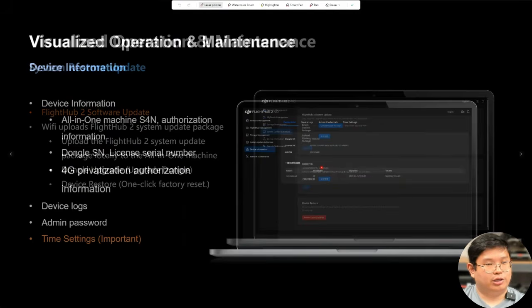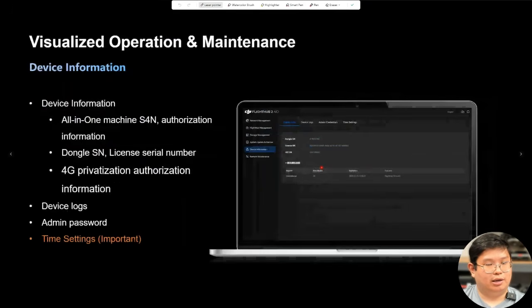System information here shows you the all-in-one machine authorization information, the dongle serial number, as well as the authorization information for 4G privatization deployment, administration settings, administration passwords, and time settings. This is for you to configure the local time for it to match up with the data captured from the drone